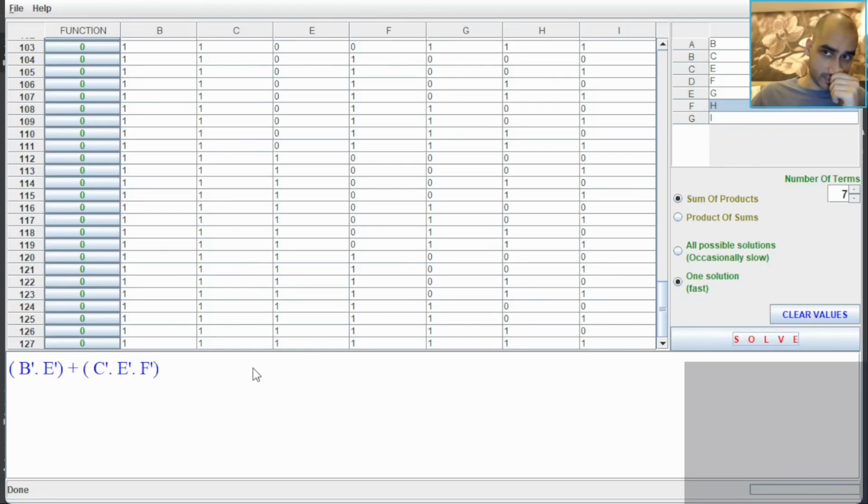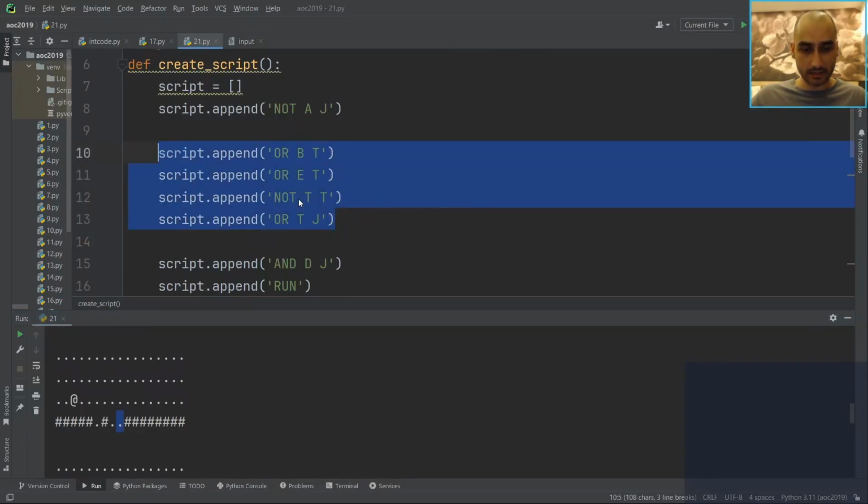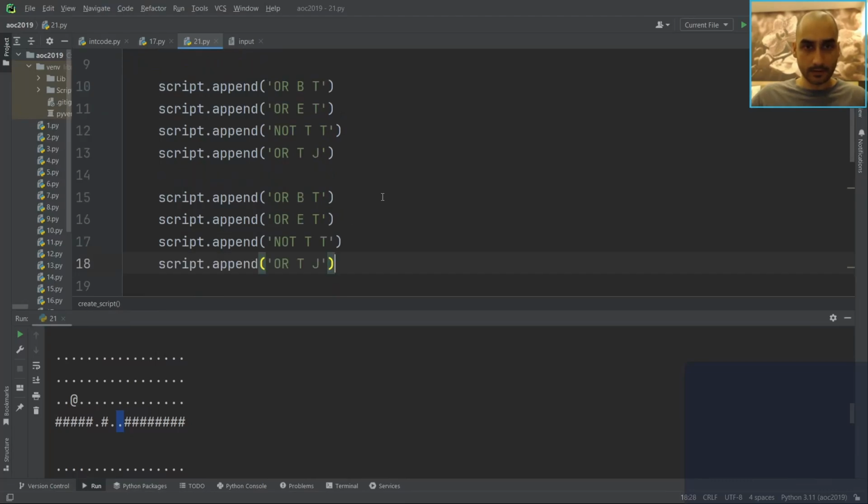So now it's more complicated. Okay. Well, we have enough expressions to be able to do this. So C, not E, not F. All right. So for each clause, we can actually just copy paste this. So this new clause will look like